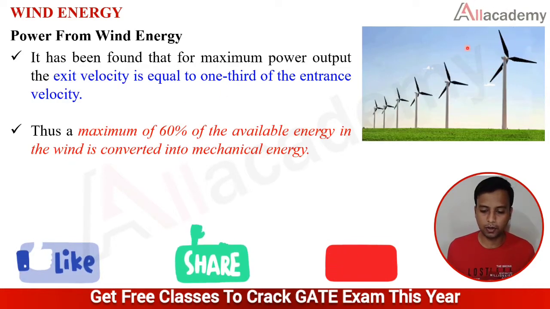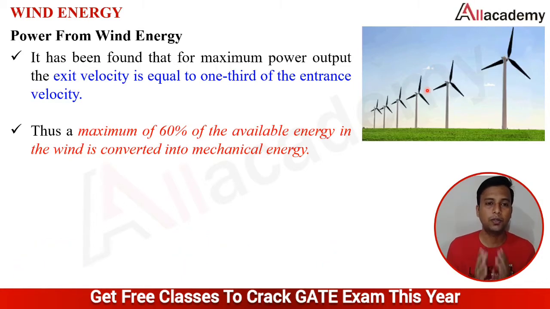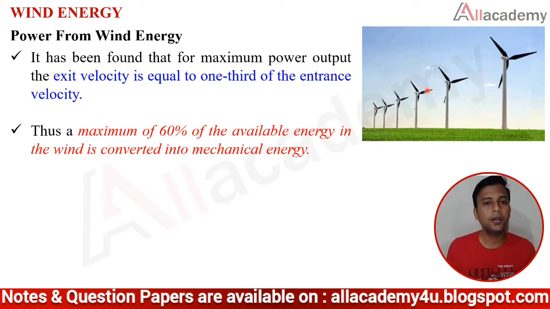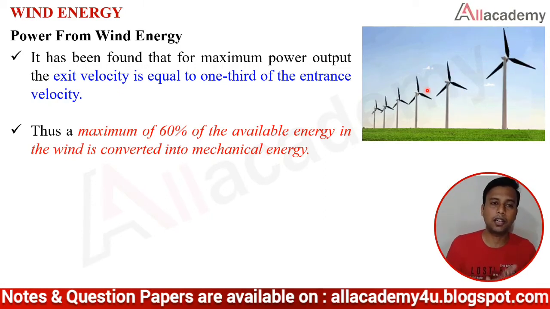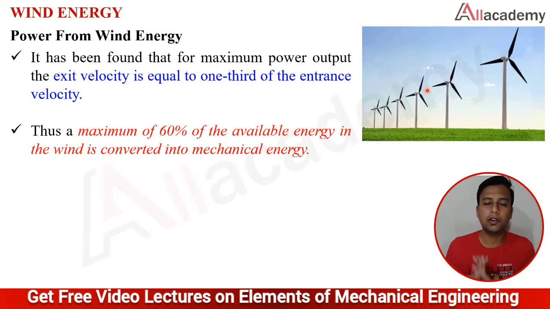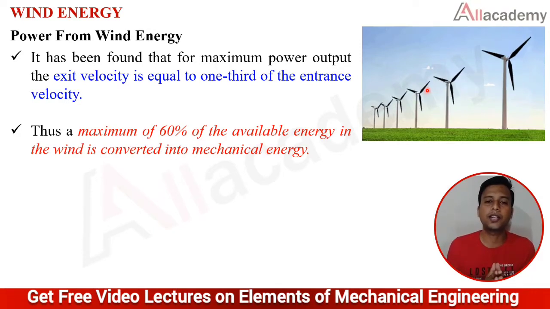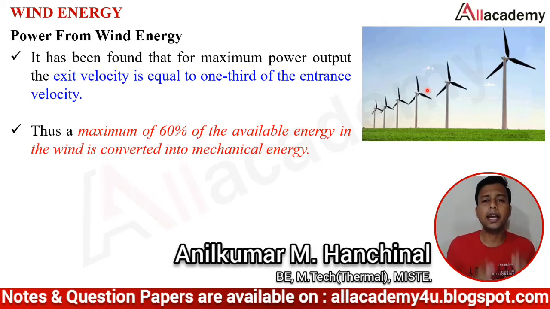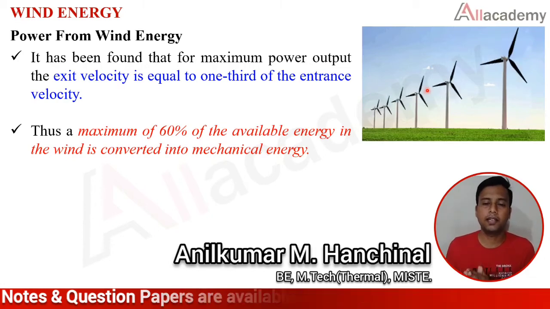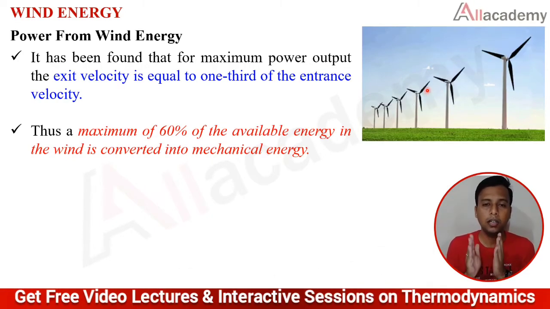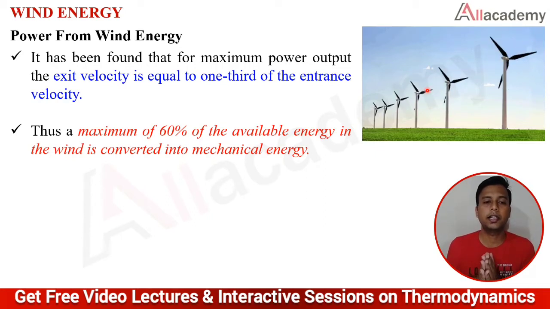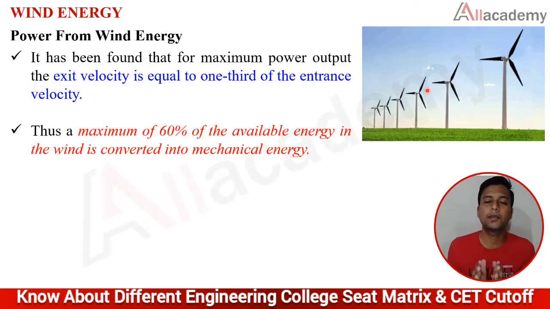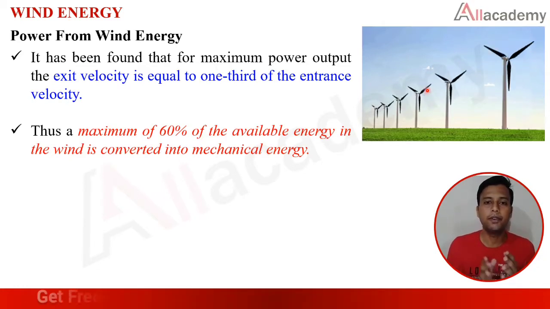Here in this figure you are observing the windmills. These mills extract the energy from the wind, and that energy is converted into useful work, which is electrical work. The main purpose for which we have developed these windmills is to extract electrical energy from wind energy. Again, in these windmills we have different types. So let us discuss how a windmill works, how the construction takes place, and how it helps us to develop electrical energy from wind energy.